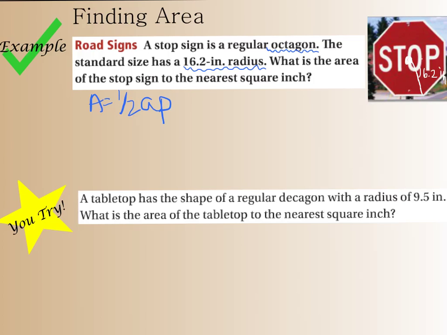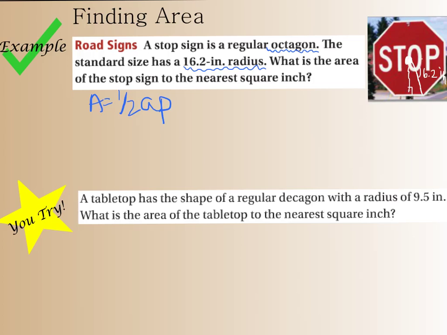But here, that 16.2 is not my apothem, and it's also not my perimeter. So I'm going to have to do a lot of work here. Let's draw in our apothem. Let's draw that down the middle, my 90 degrees. And we can start doing trigonometry, but we're going to have to do trigonometry twice because we can find this